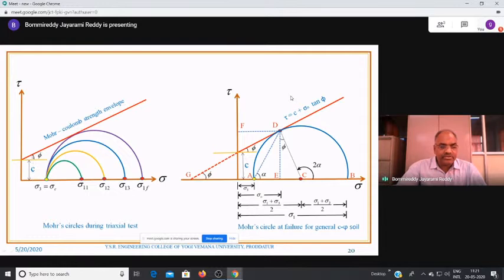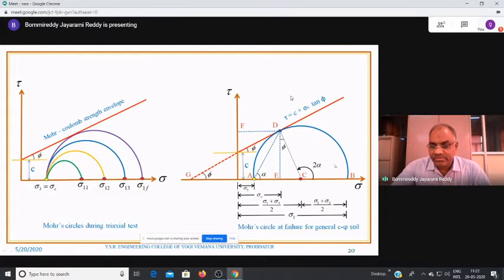That c is called the cohesion, and the angle of internal friction is the horizontal angle. Or otherwise, you can consider only this Mohr circle at the time of failure. Draw that one. Sigma 3 is called the cell pressure. And up to B, it is called sigma 1. The major principal stress is sigma 1. Sigma 3 is the minor principal stress. And with the center C, draw the semicircle above the line.